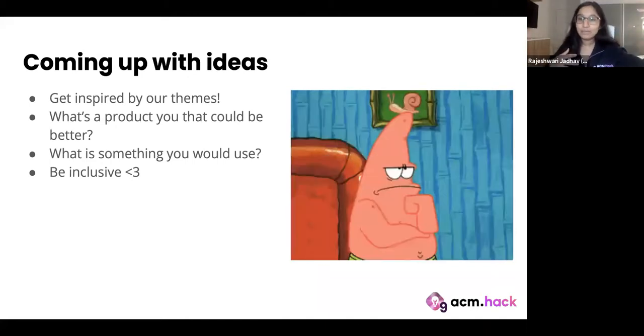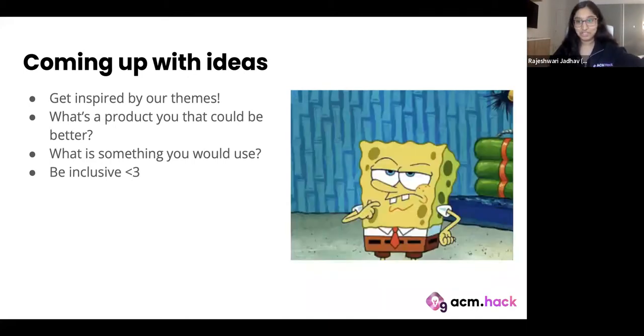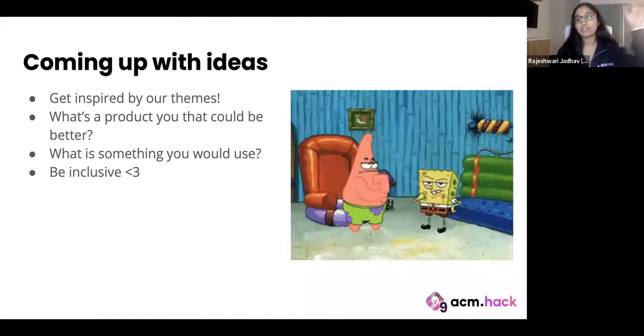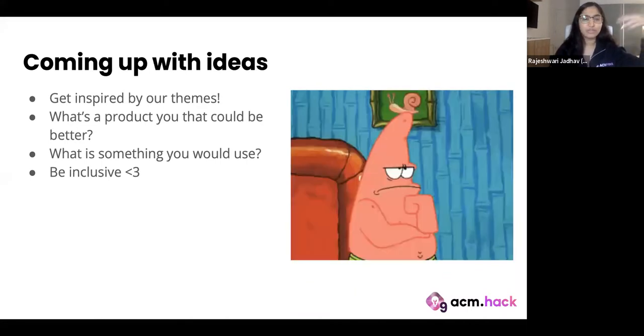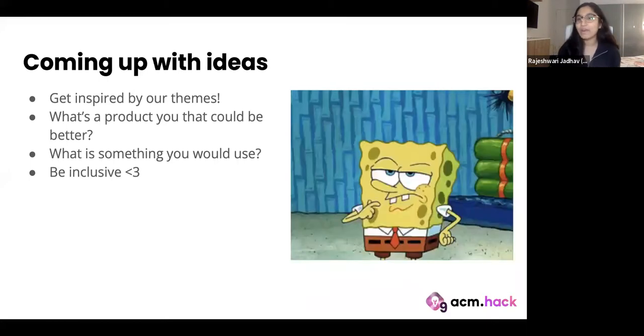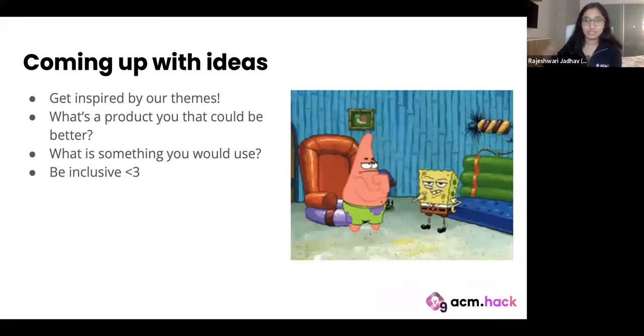Next up, once you have your team, you do want to start coming up with your project idea, right? One great thing about this particular hackathon is that we do have set themes. We have a sustainability track, we have an education track and so on. So you can get inspired by those themes. You can also think about a product that you already use, for example, and think about what aspect of that product you can improve. You can think about what is something that you would want to use and use these questions as guiding points. Just make sure that you're inclusive of everyone in the team and just enjoy the